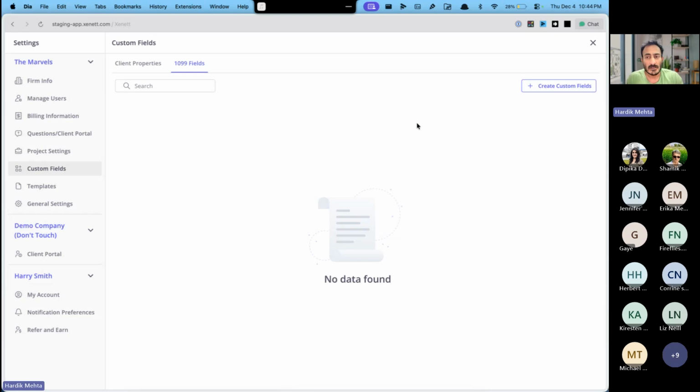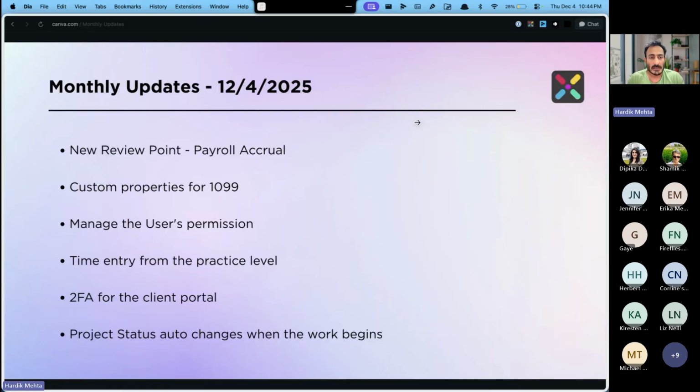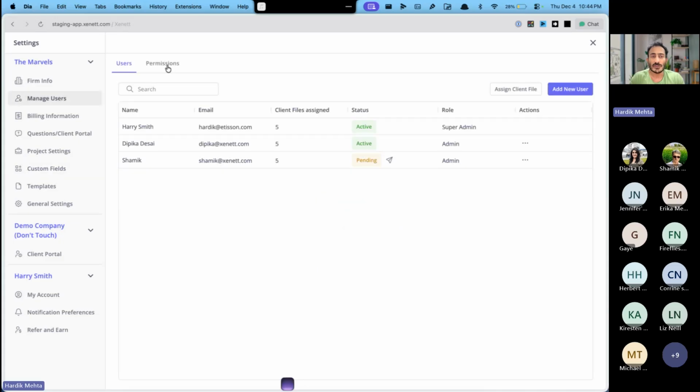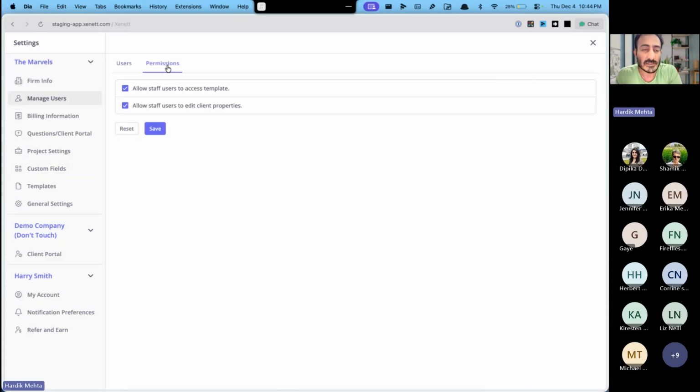All right. So that's that. Now let me go back. All right, manage the user's permission. Okay, so inside manage users, we have introduced a new tab. It's called permission. These two new permissions that we have introduced are mainly related to